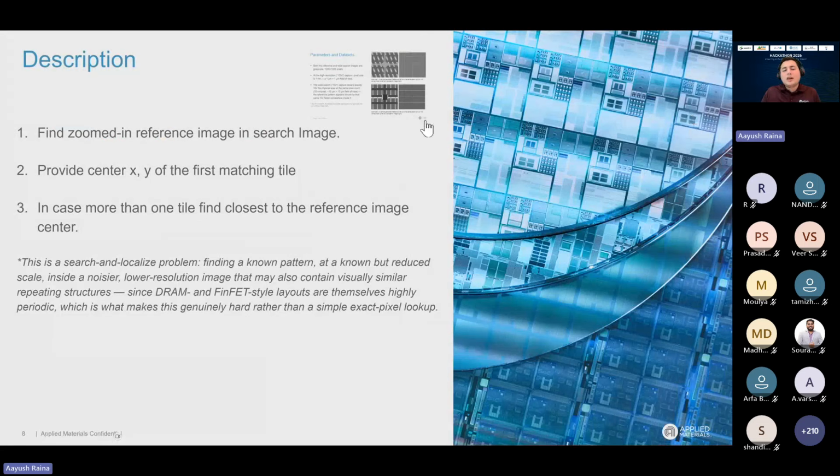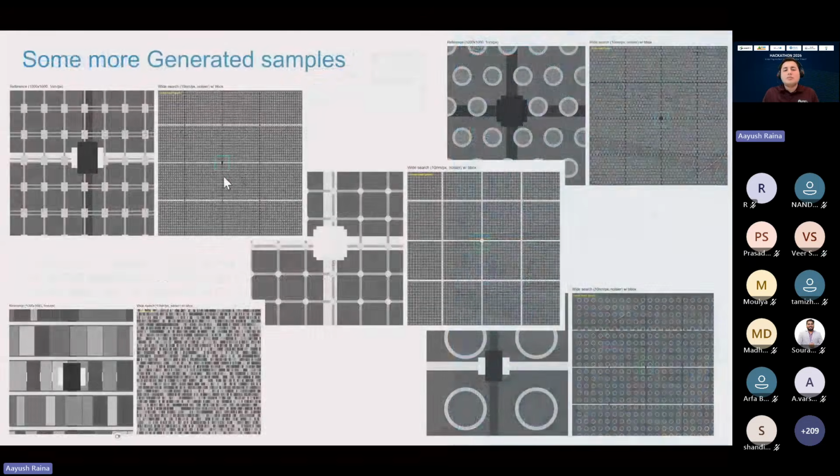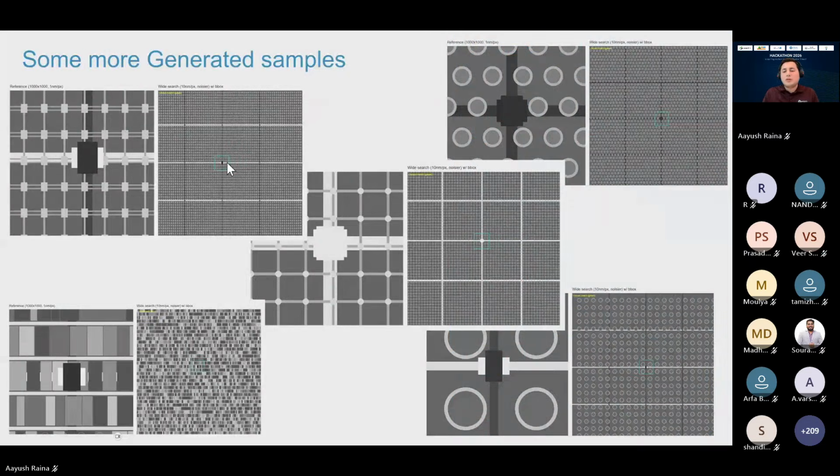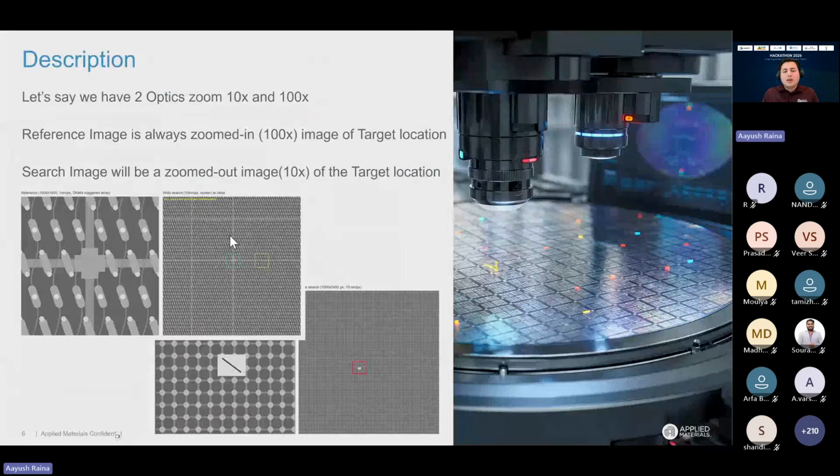Let's say if it has more than one repeated pattern, you give me the one which is closest to the center. For example, if this is 0, 0, and this is closest to the center, you give me this one, not this one, even if it is matching. I want something which is closest to the center. Best match first, then second is the closest. If two of them have the same score, give me the one which is closest to the center.